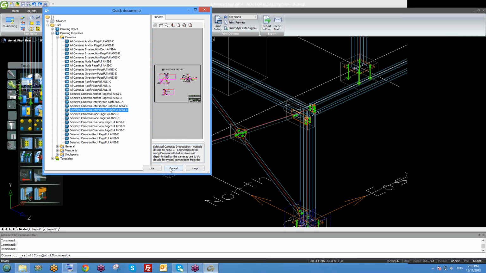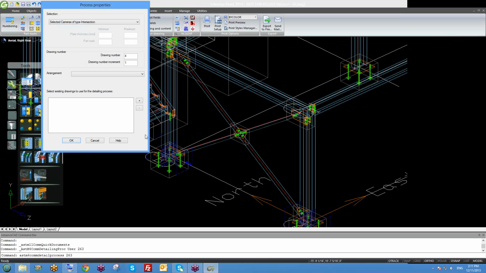Before I do that, because Advanced C doesn't let you change your scale, before you select this process, make sure which scale has been used for this process that you want to use. Okay, if I press OK,